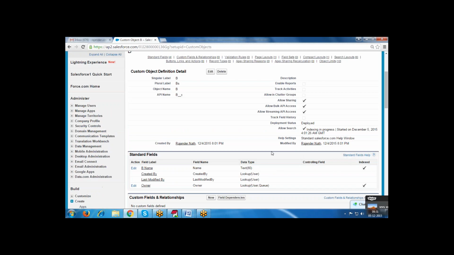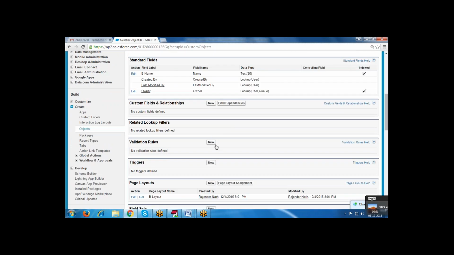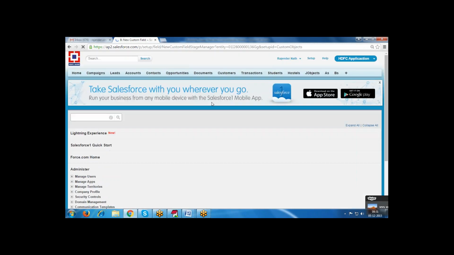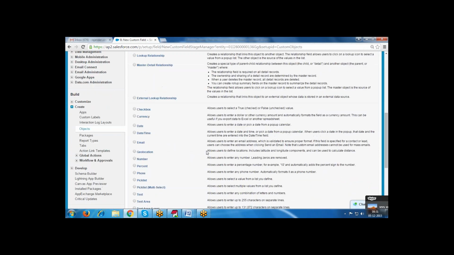Now here we are creating two more fields, new custom fields and relationship. One is a pick list.